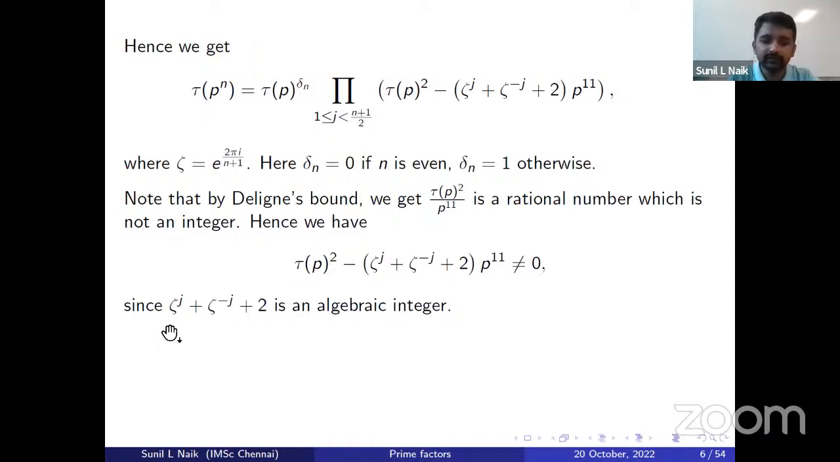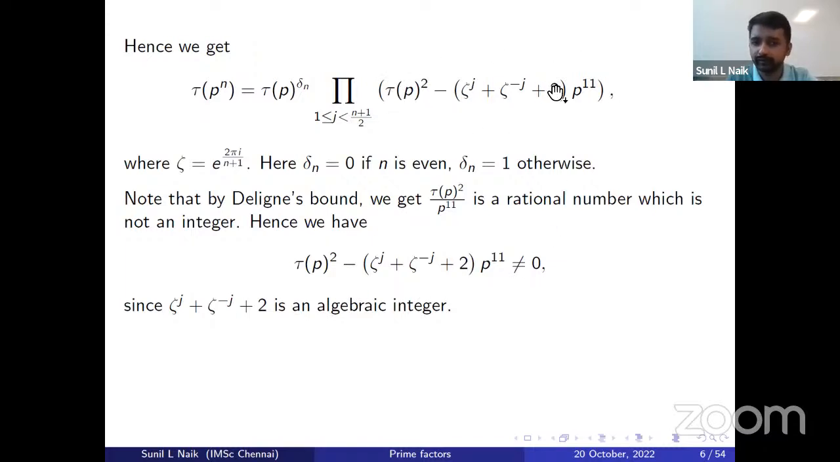Since we know that zeta power z plus zeta power minus z plus 2 is an algebraic integer, I'll also define what is an algebraic integer shortly. This is an algebraic integer, but tau of p square divided by p power 11 is a rational number which is not an integer. Hence, each